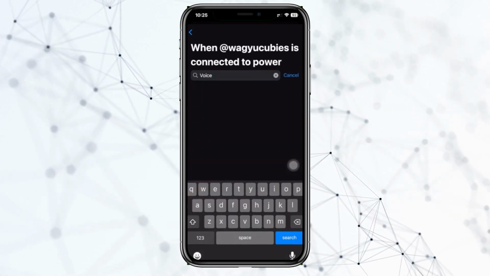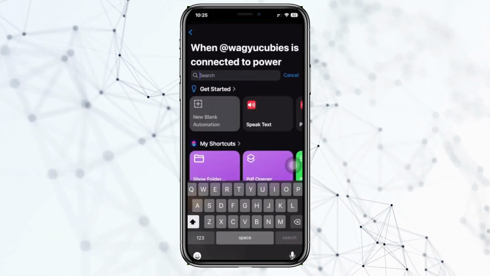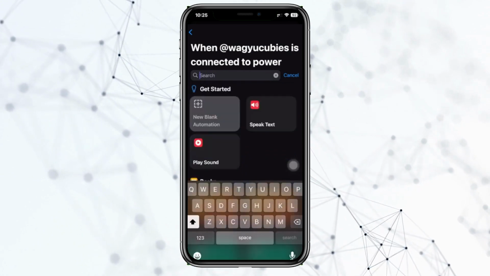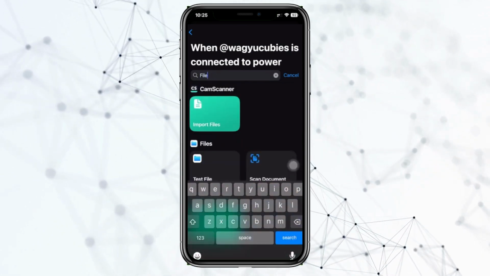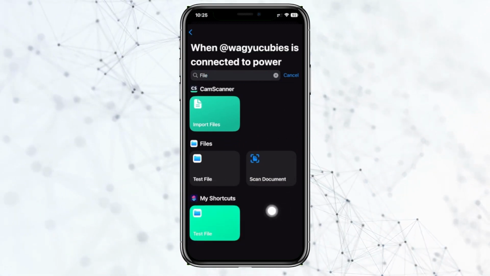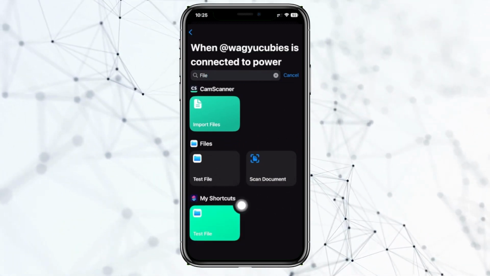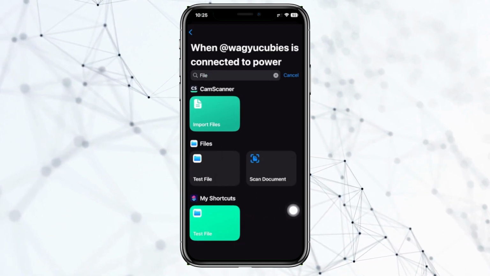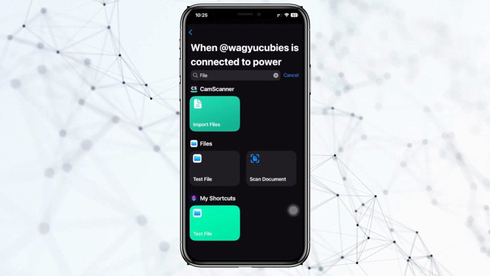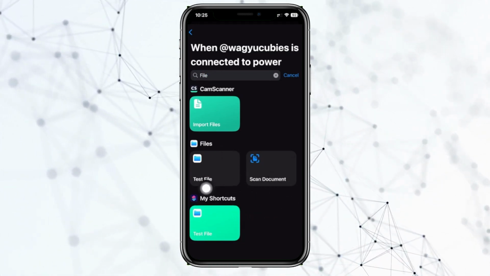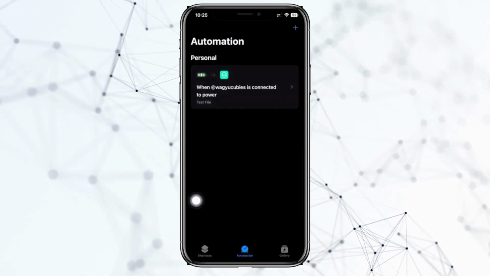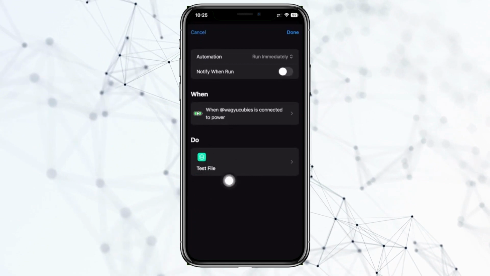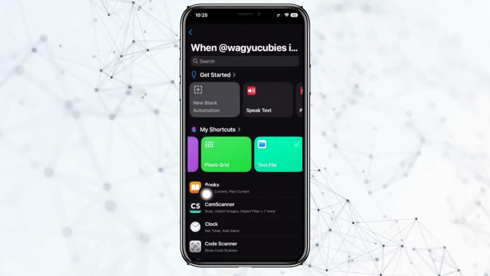So let's try our voice memos, and see if it's actually possible to choose that. Let's actually try our recording. Okay, let's also try, let's say, file. So as you see, you can actually go ahead and run a file on here. So you can actually choose a specific file that you have. But basically, we are only limited to text files. So we can actually tap on this, and let's tap on this again, and let's tap on this again over here.